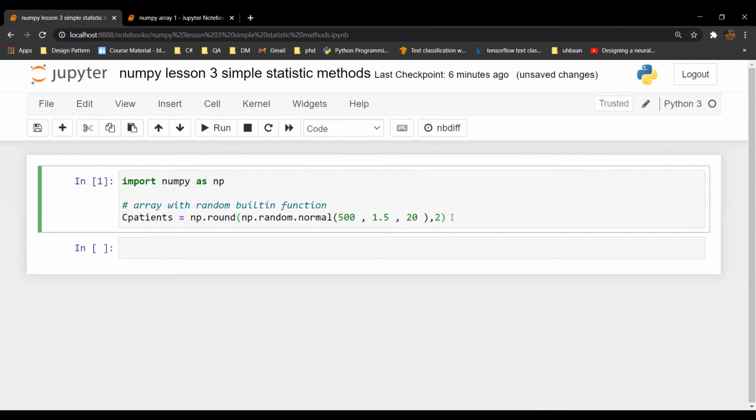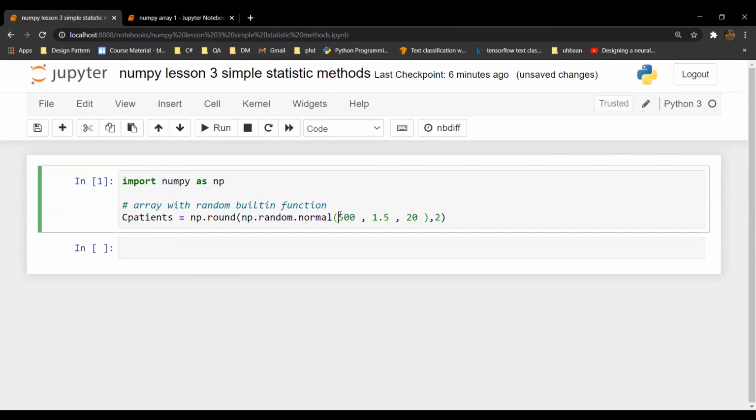What I have done, I'm going to repeat it. I have used a built-in function np.round to round my values to precision 2. You can put 3 or 1, whatever you want. And then I am calling a built-in function from the numpy package, np.random.normal. It is a random distribution function.